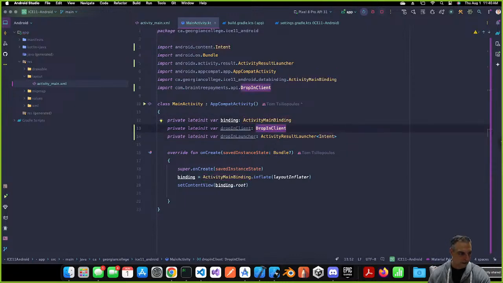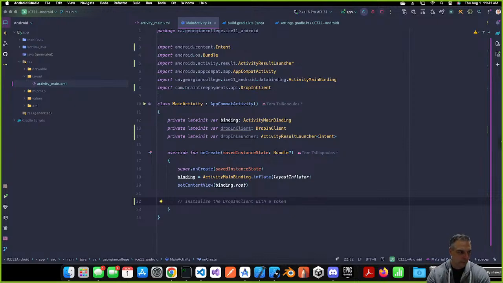So now that we have those three things down here inside the onCreate method, this is where we're going to initialize the dropInClient with a token. Okay, so this token is a placeholder. I want you to think about this now. In the past, we used things like Moshi and Retrofit to connect our API and everything else. And we would have to do that here. You'd have to set up a bunch of different things to make this work in order for us to get our token back. But let's suppose we're just going to, for today and for testing only, set